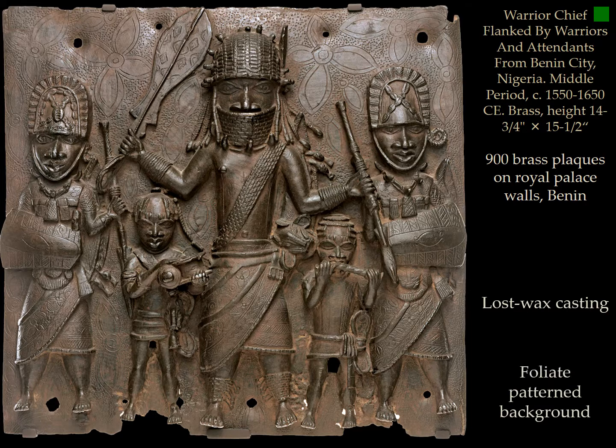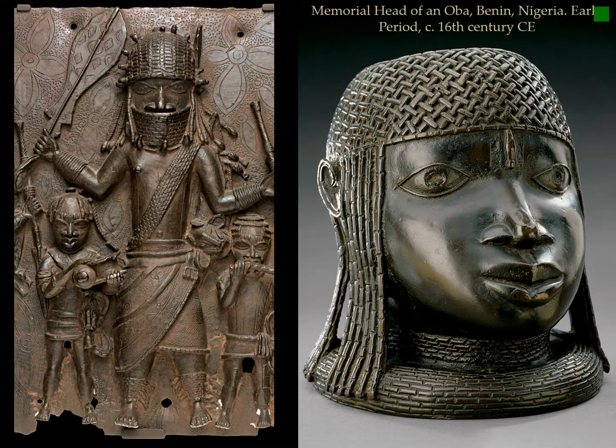The foliate patterned background is going to be flattening out the forms that do not allow us to move into the background, but instead push all of the space up to the front, as we have a heraldic device with a central figure frontally facing, flanked by 4 other figures, all of them in bilateral symmetry. The head seen here is of woven coral for the crown and the neck piece, in this instance covering all of his head and all of his mouth and neck, we should say.